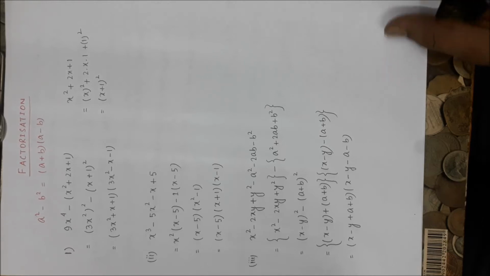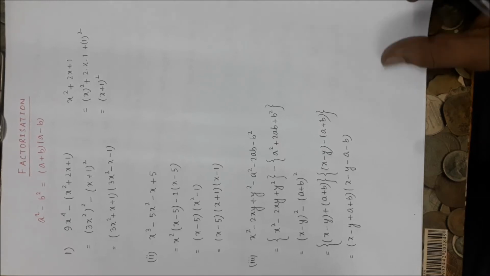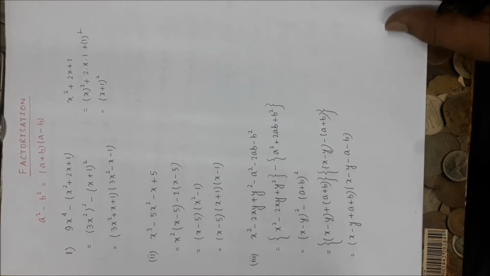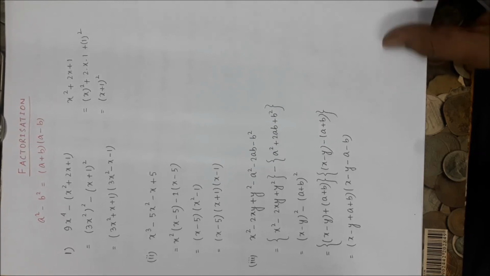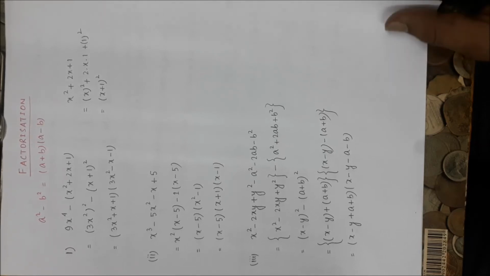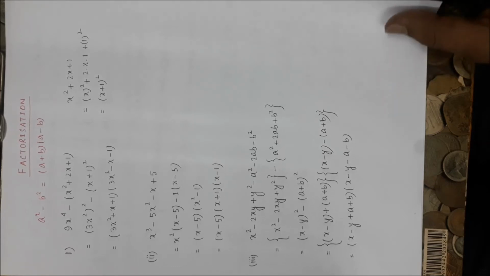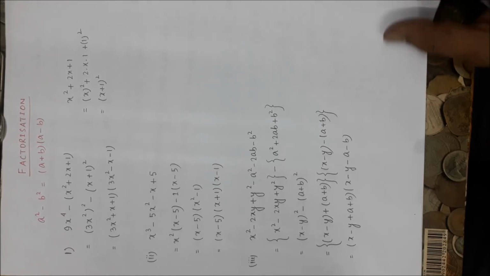So now if you see a square c square plus b square d square, with these two terms we are clubbing minus 2abcd together, and from these three terms we are taking minus common, and we are writing as a square d square plus 2abcd plus b square c square. Now if you arrange this, you can write it as square of AC minus BD minus square of AD plus BC.